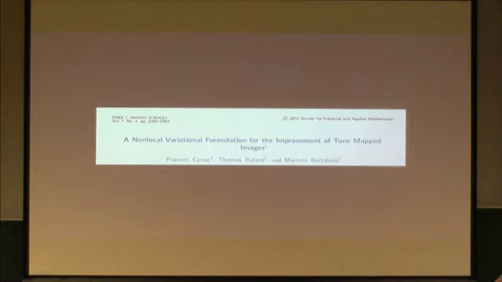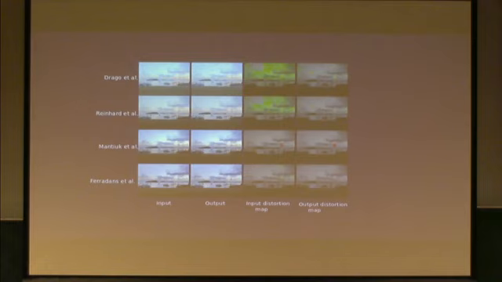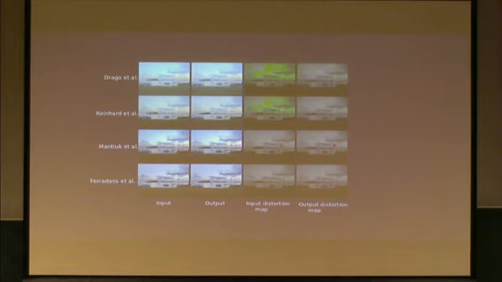Another approach for producing tone mapped images with low error is to just minimize that metric, okay? Minimize the DREAM metric. The DREAM metric gives you a per pixel estimate of the error. Well, you minimize that metric. It's a very computationally intensive procedure, but you can do it. And it's also tone mapping algorithm agnostic, so it does not depend on the algorithm that you use. So you choose your favorite tone mapping algorithm, obtain a result, and then you apply our minimization, and you get an improved result, just by minimizing that metric.